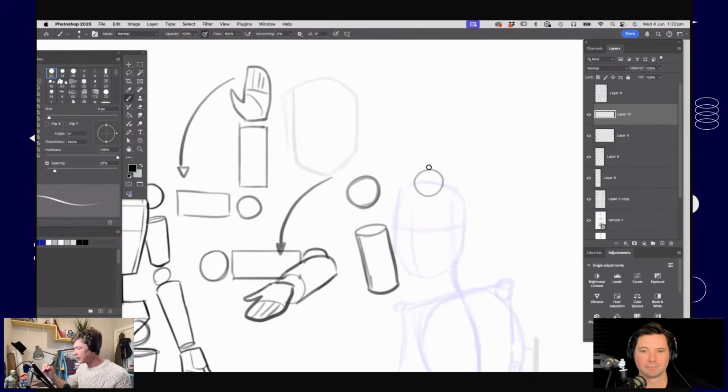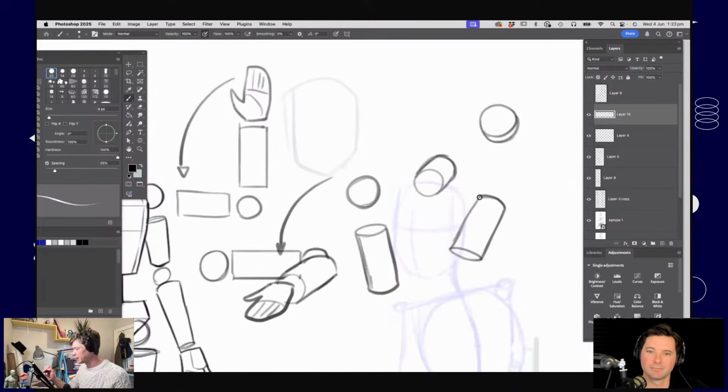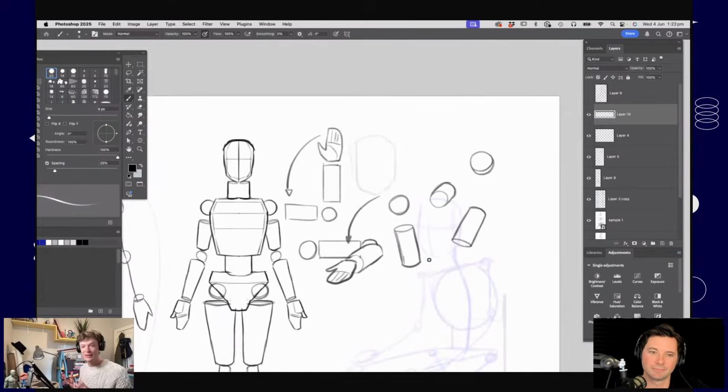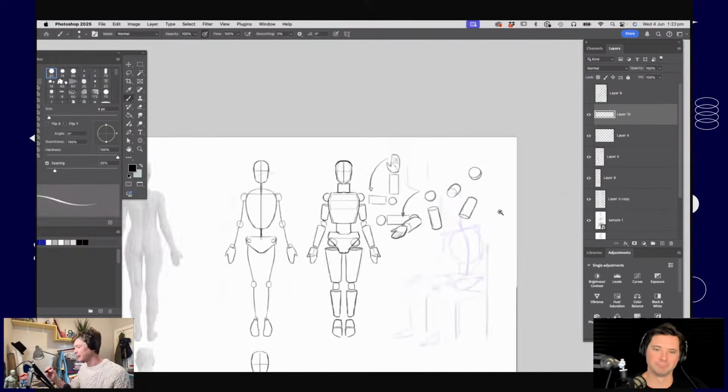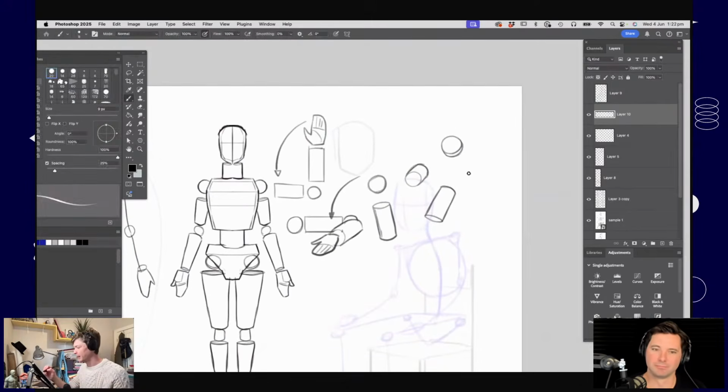I find it a really good exercise to try drawing cylinders from all different perspectives. What's it like if I'm almost staring directly down the cylinder? What's it like if it's at just a very slight angle? It seems quite boring, basic drawing these things, but once you can manipulate these easily in space, you're building up those little levels so you can start drawing a person really in movement.